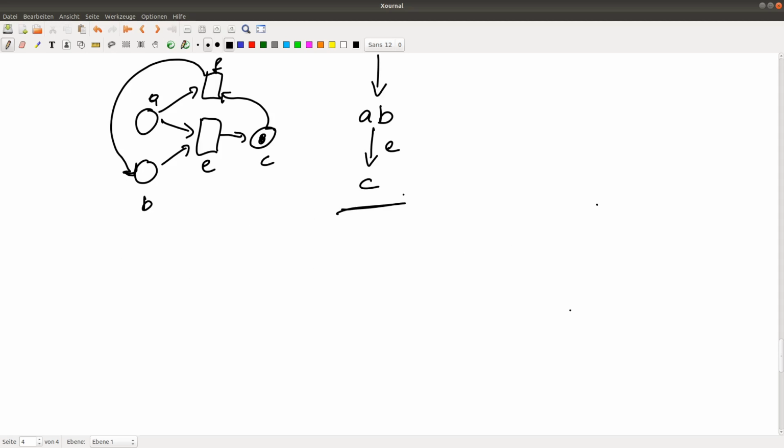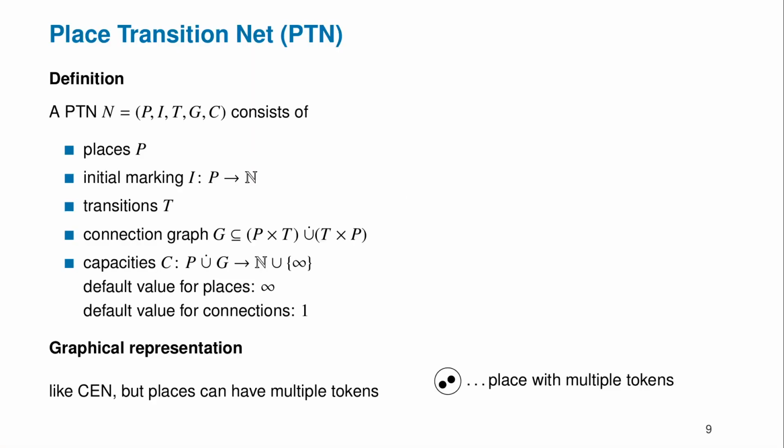But we will not go into details how to verify Petri nets, but we will now introduce place transition nets, which are the classical form of Petri nets. The conditions in the CEN can either contain a token or they can be empty, meaning that the condition is true or false. We now will see a generalization, the place transition nets, PTN, which are the classical Petri nets,